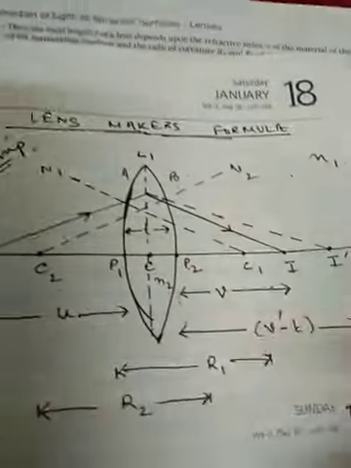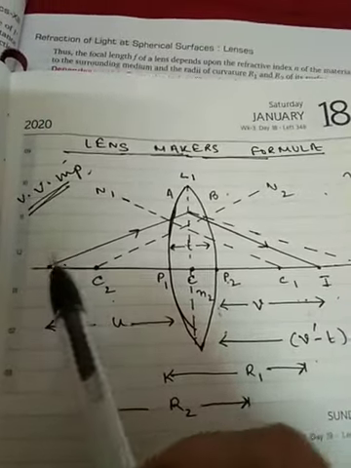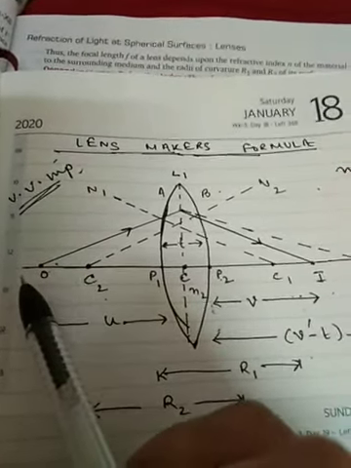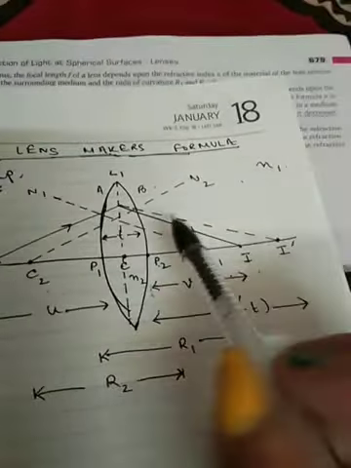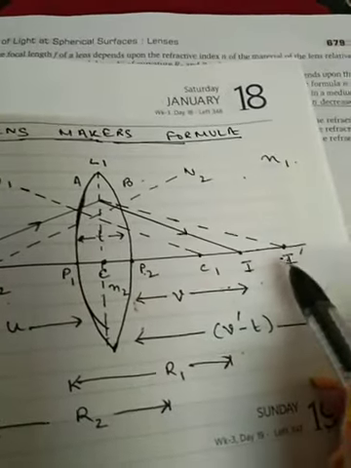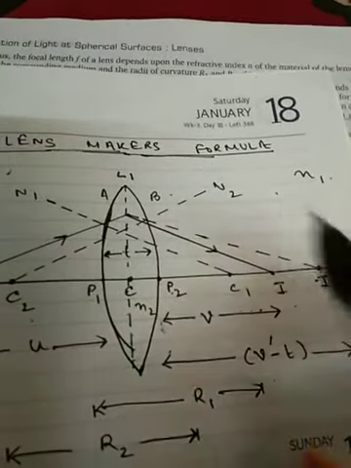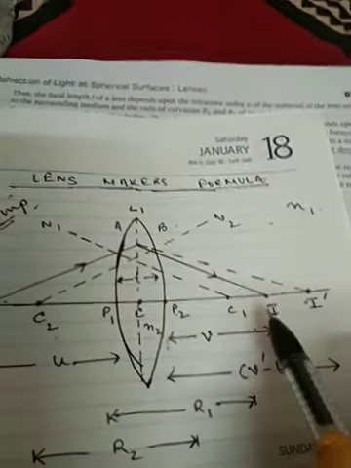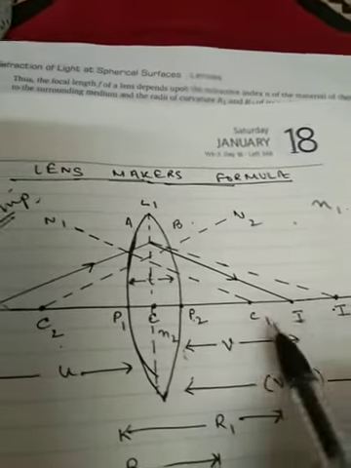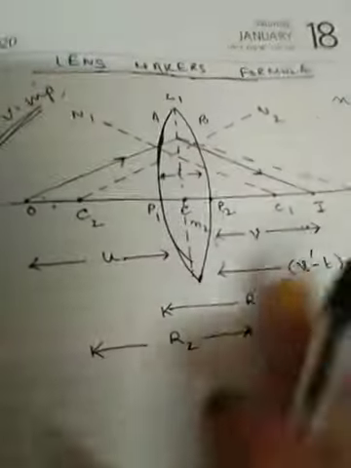From this diagram, children, we can easily understand the image formation from the object O. The object is placed on the principal axis, the rays pass through O, and after refraction through the lens, the image is formed at I dash. But to be very precise, I dash is not the final image, children. I dash serves as the secondary object for refraction through the lens, and then forms the final image I1 in this position. This distance we denote as V. Till I dash, which was the original image formed by the object O, we denote this distance as V minus T. Is it clear? So let me now come to the derivation part.